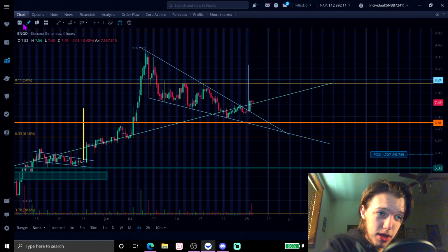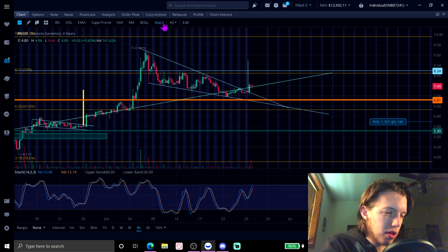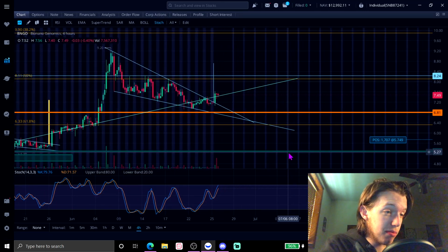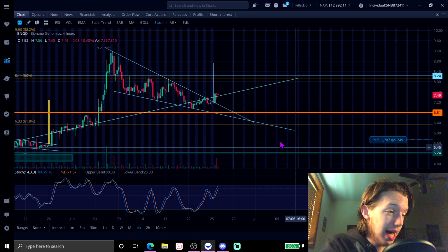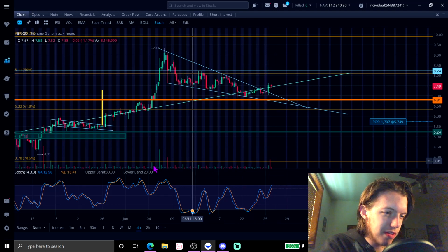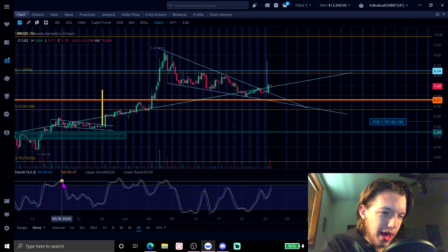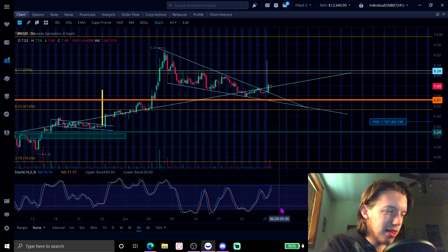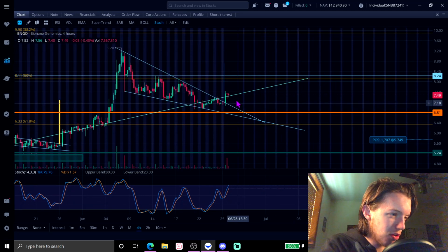Now, is this likely to come to fruition? Well, there's a couple indicators that I want to look at here. So the 4-hourly stochastic indicator, you're looking pretty close to being a little bit overextended. We're pretty close to being overbought here, but I want to give you an example. We were overbought at $5. So it's maybe not necessarily likely, but it's very possible that we start going up here